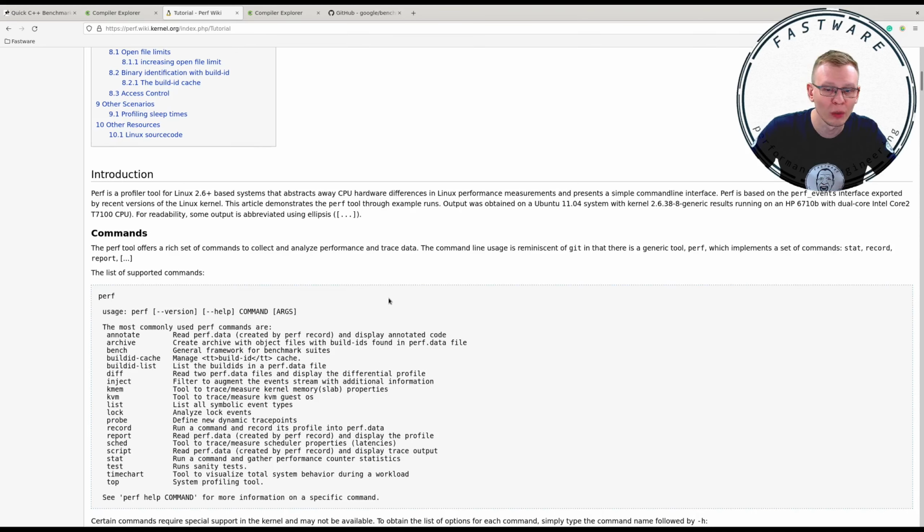But if you are programming for Linux, I have no higher praise for any given tool than Perf. It is a bread and butter of a performance engineer's tool set. So with that quick introduction out,